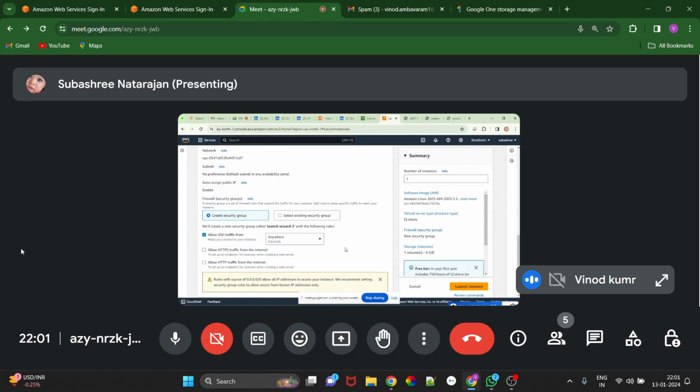What is subnet? So VPC we can call a virtual private cloud. What it does is it can dedicate a virtual network to our specific servers only, like we are creating now. We don't want the default IP generated by AWS. We want a specific IP address generated for our VPCs.